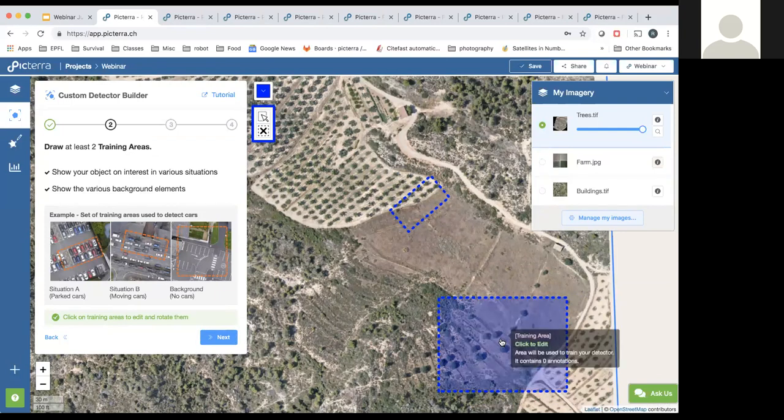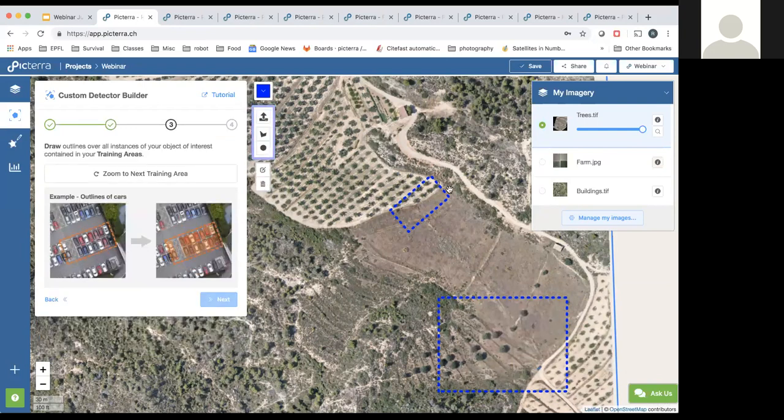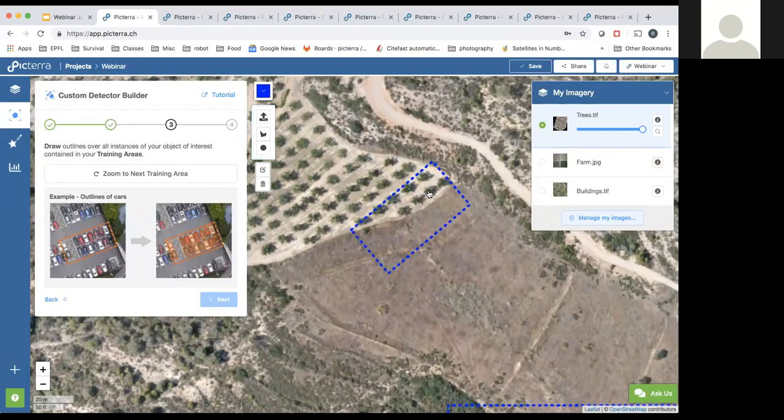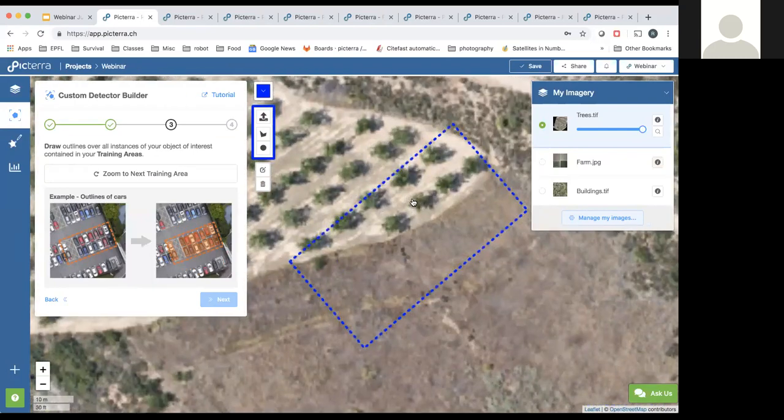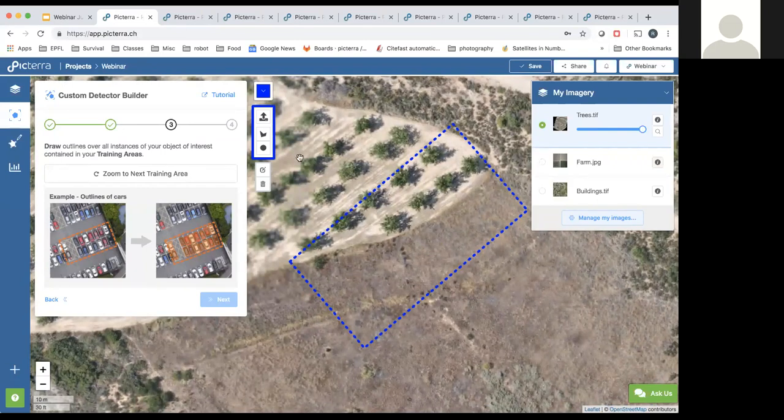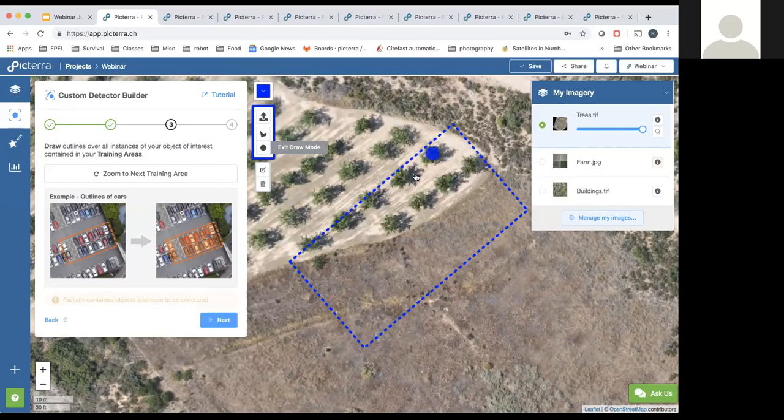The next thing to do is to annotate these training areas. So the lower right-hand side one, we're going to do nothing, as we said before. And this upper one here, we are going to draw annotations. Typically, if your objects have well-defined edges, it's better to outline the edges more precisely. But of course, this is kind of difficult for certain applications like agriculture, where the foliage might be kind of fuzzy. So in practice, what we find is that you can actually just draw circles over the centers of these